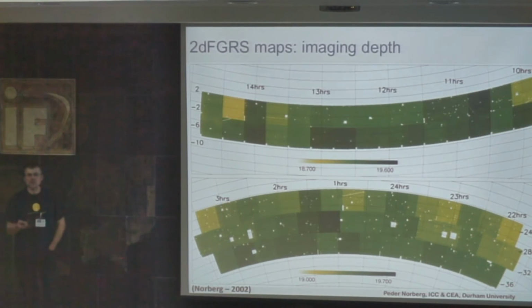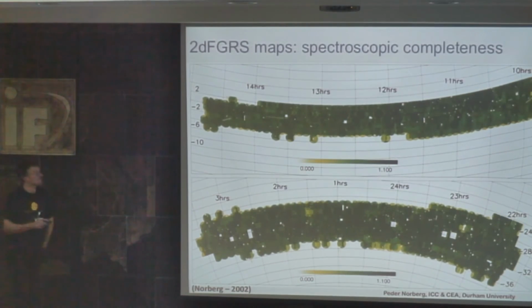How do you learn the hard way? You actually start analyzing data, you split it up, and you realize there are some inconsistencies. And you realize that here, these patches. After the fact, once the survey was finished, it was dead easy to create these maps, knowing everything. In this case, it was an issue of calibration of the photographic plates. The calibration wasn't good enough, and it comes out in very obvious ways. You could see this in the luminosity function you derived and so on. This is a classic example of imaging depth maps to some level.